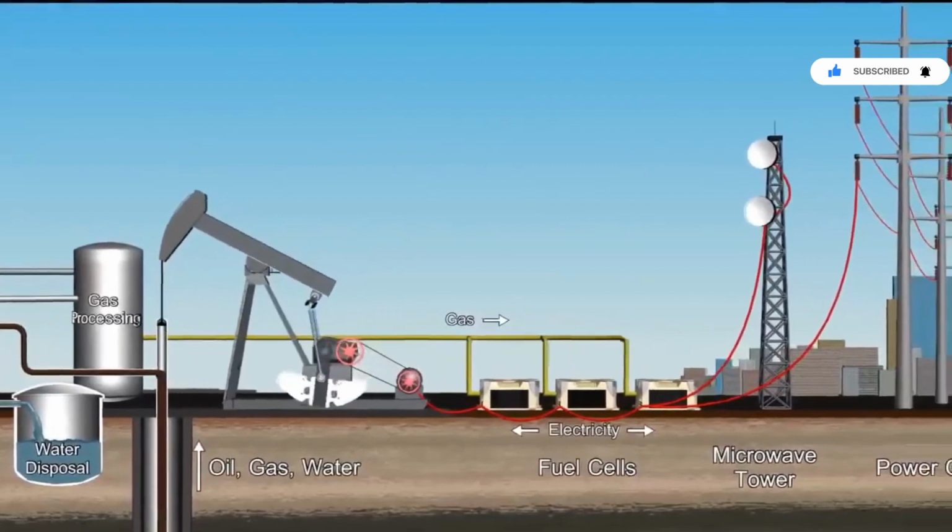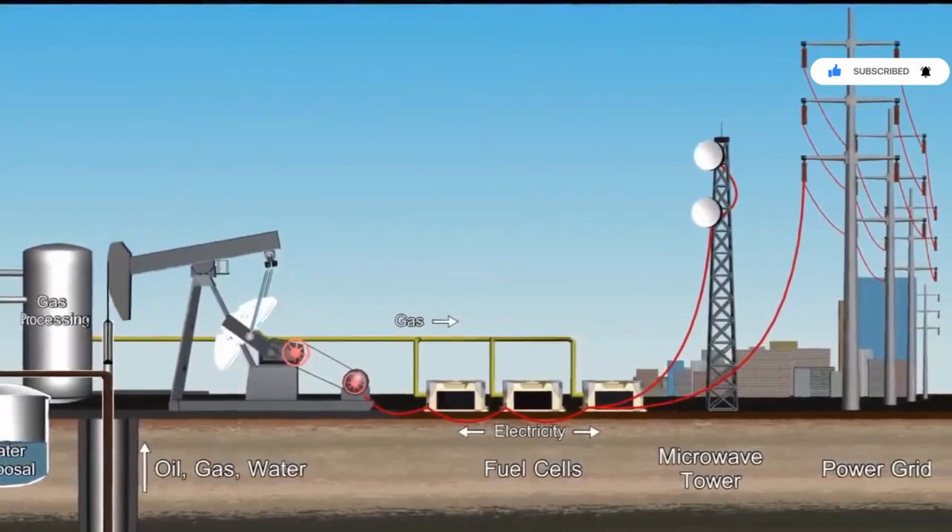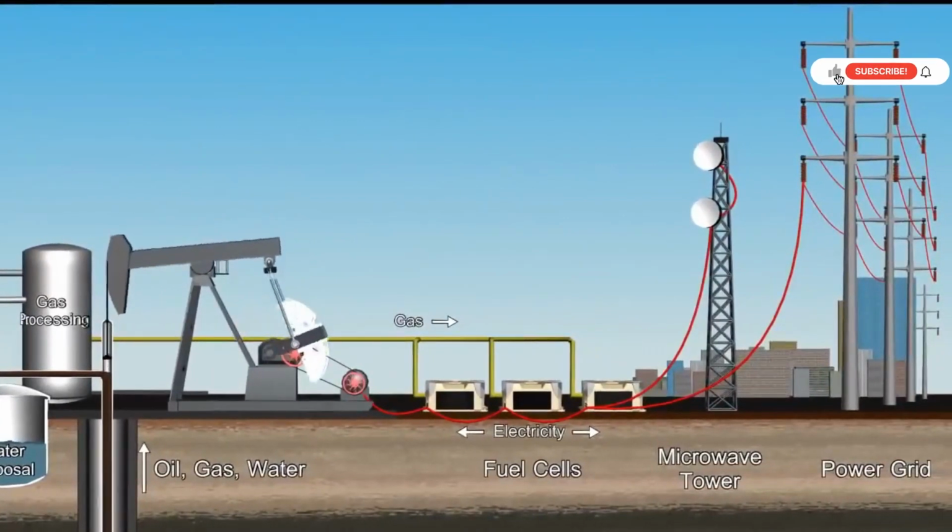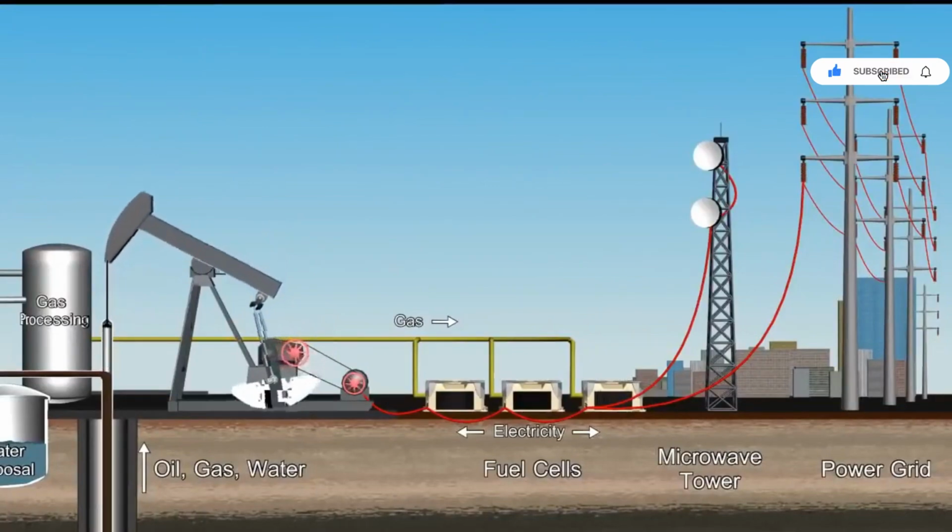4. Production. Primary recovery. Natural reservoir pressure pushes the oil or gas to the surface. Artificial lift. If natural pressure isn't sufficient, pumps or